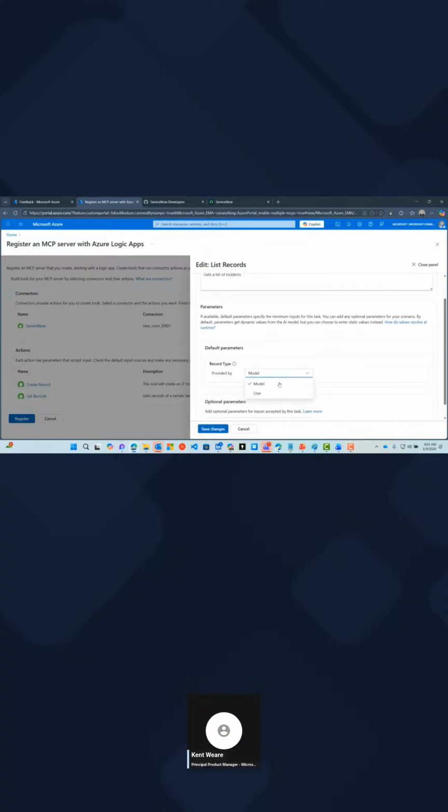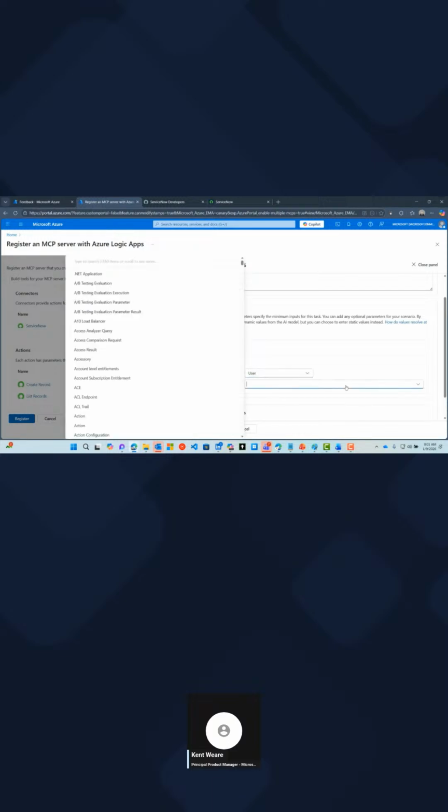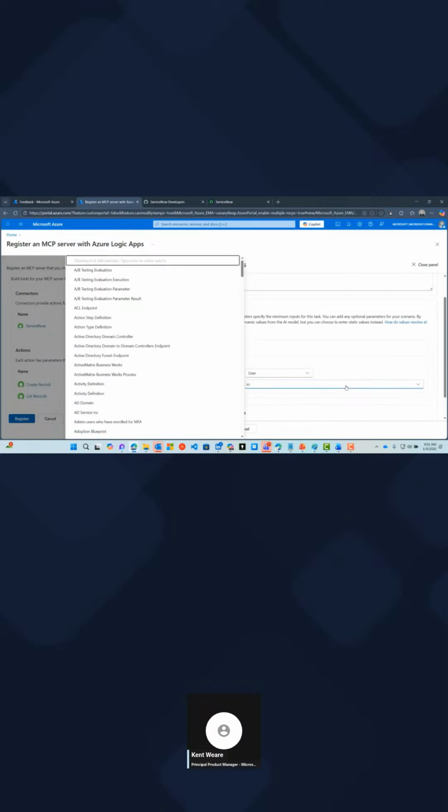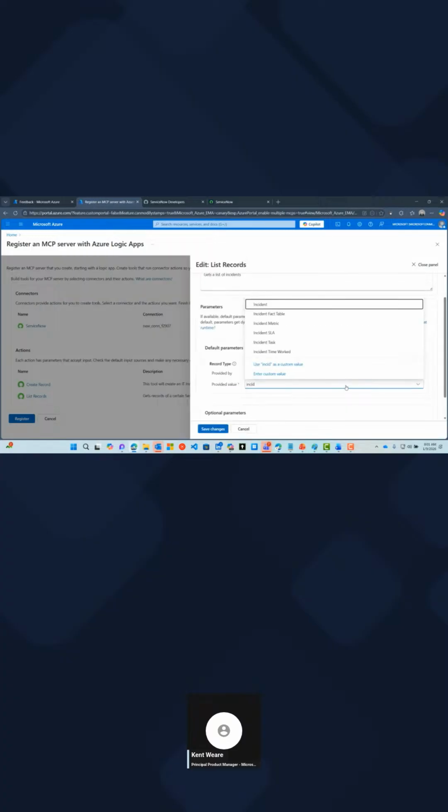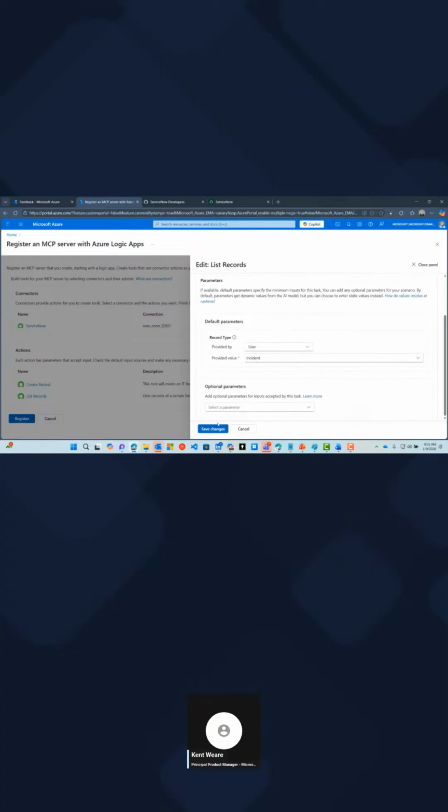Right now, what's going to happen is the agent will try to guess what table we're interested in. Since we know that we want to focus on incidents, let's change this to be user provided and then just be more explicit about the fact that we want to return incidents. I think that's just a better way to go.